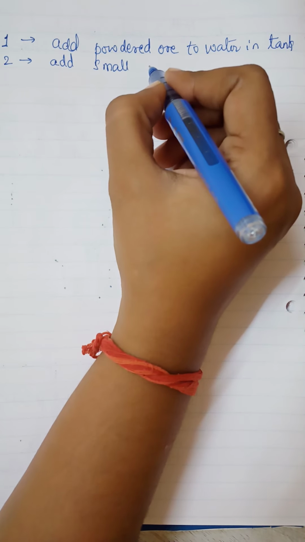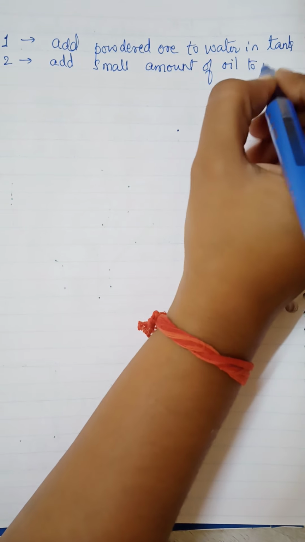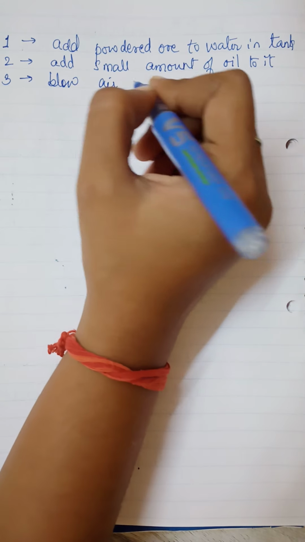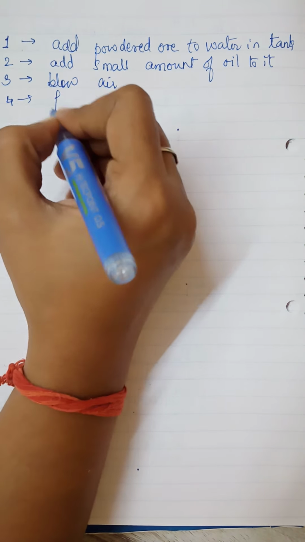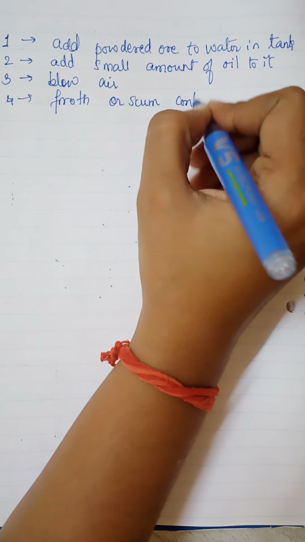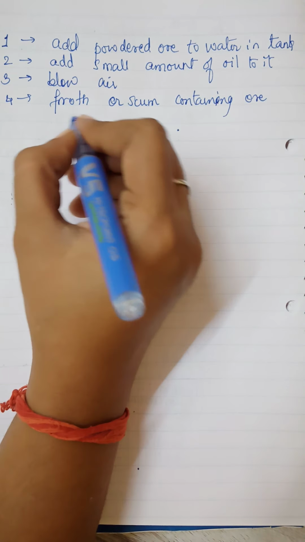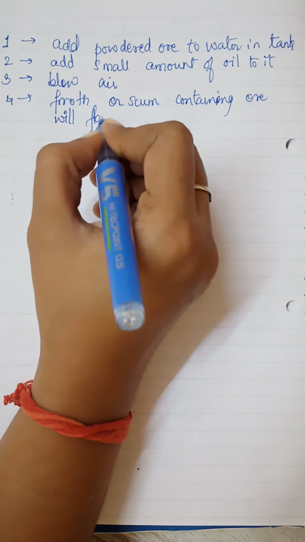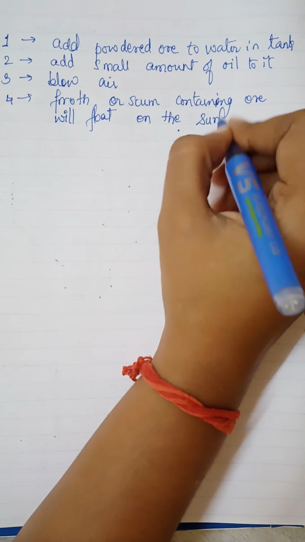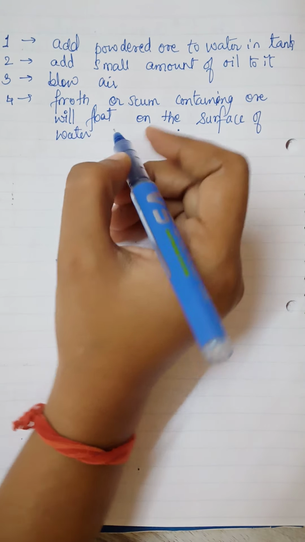Add a small amount of oil to it, blow air, then the froth or scum containing ore will float on the surface of the water, while